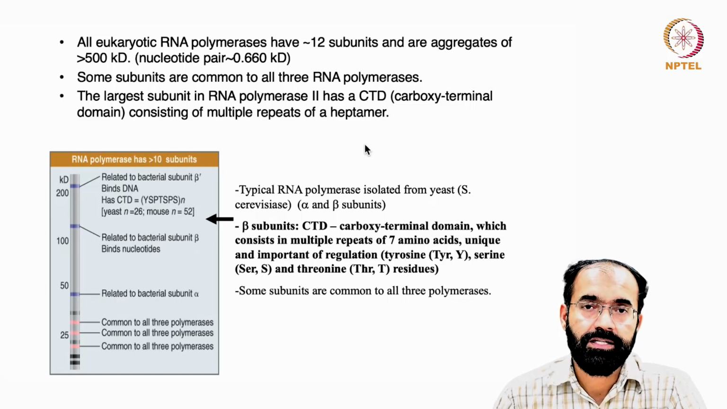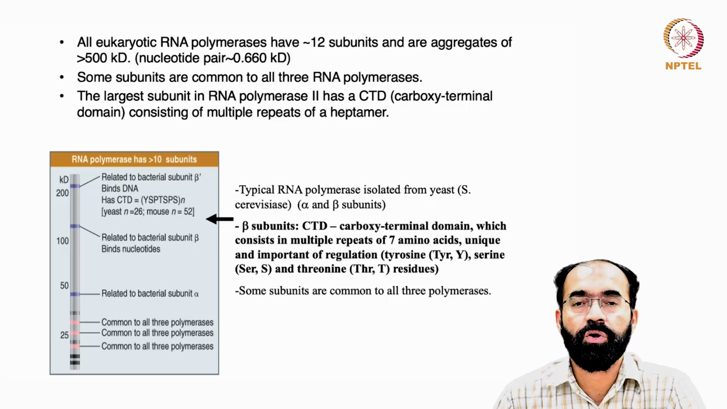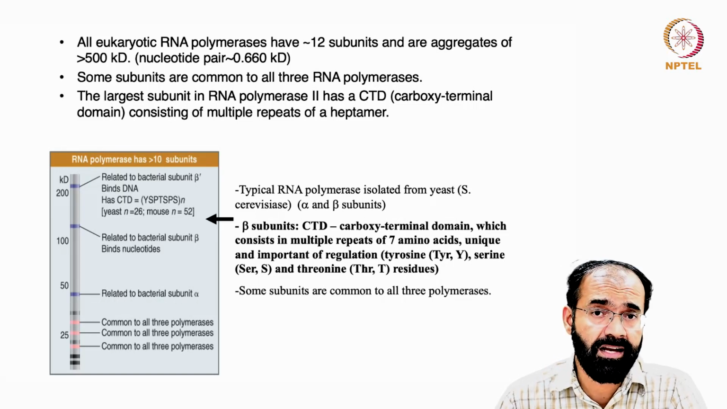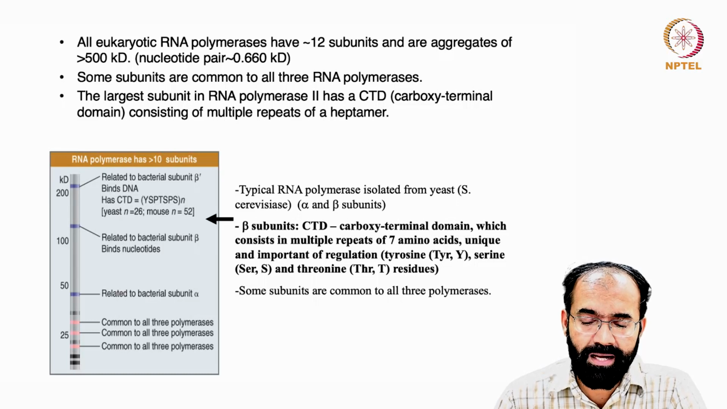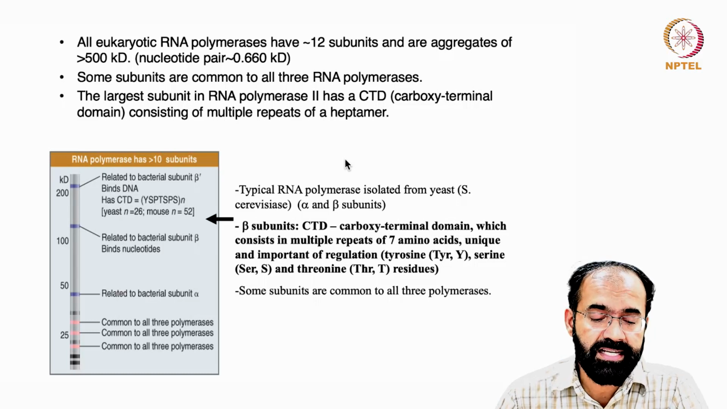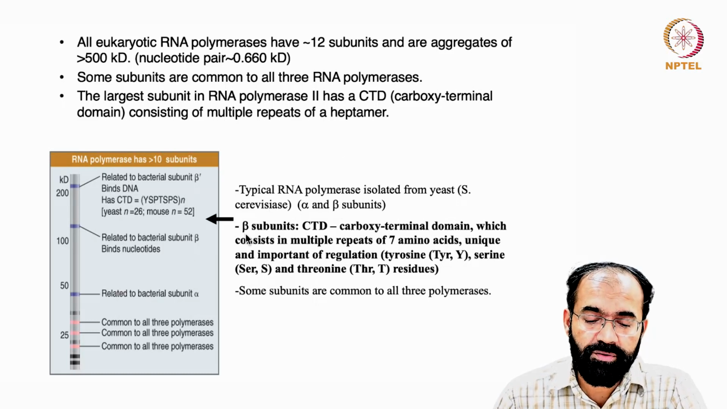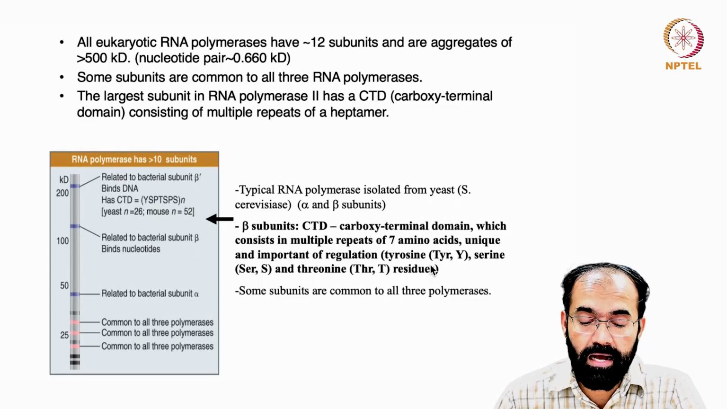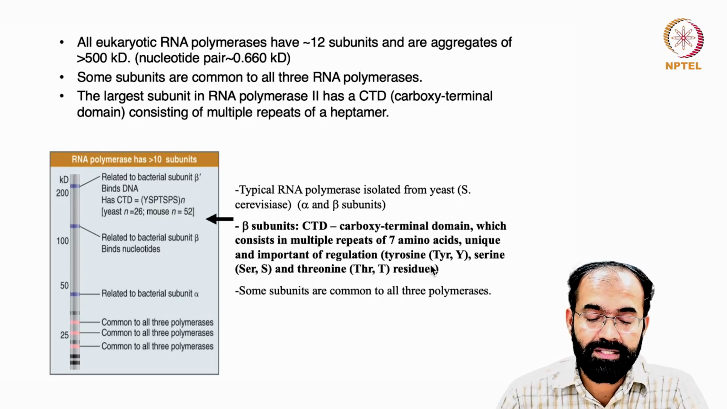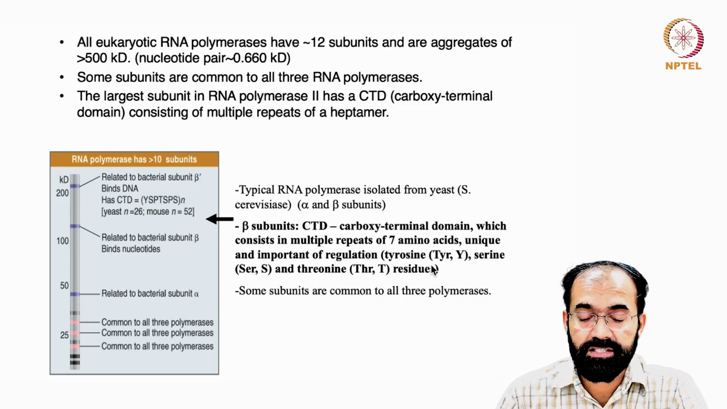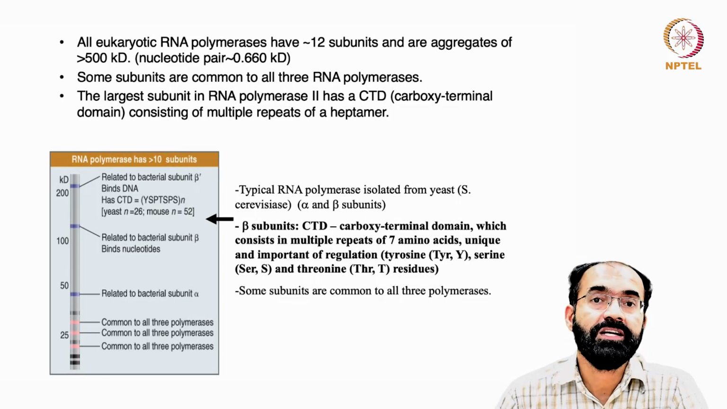Hepta means 7. So you may have heard about this: mono, di, tri, tetra, penta, hexa and hepta. So this heptamer consists of a unique set of amino acids that is present in the C-terminal domain. The C-terminal domain consists of multiple repeats of 7 amino acids, and they are unique. And what are they? Tyrosine, serine, threonine, and these are repeated up to 7 times, and these are going to be important for the phosphorylation